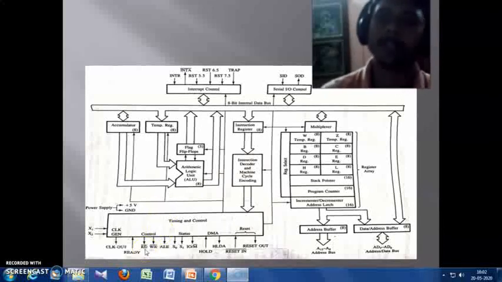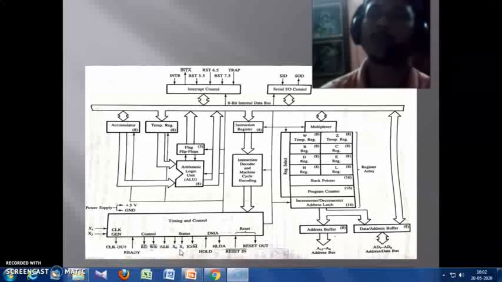If the microprocessor wants to read the instruction, then it will send a read signal. If the microprocessor wants to write something into a memory, then a write signal will be sent. The ALE signal I already discussed, and these three signals, S0, S1 and IO/M bar, will give us the status of different operations, whether the microprocessor is fetching an opcode, or a memory read, memory write, input output read, or input output write operation is going on. So we will get some combinations of data by which we can get the status of the different operations.